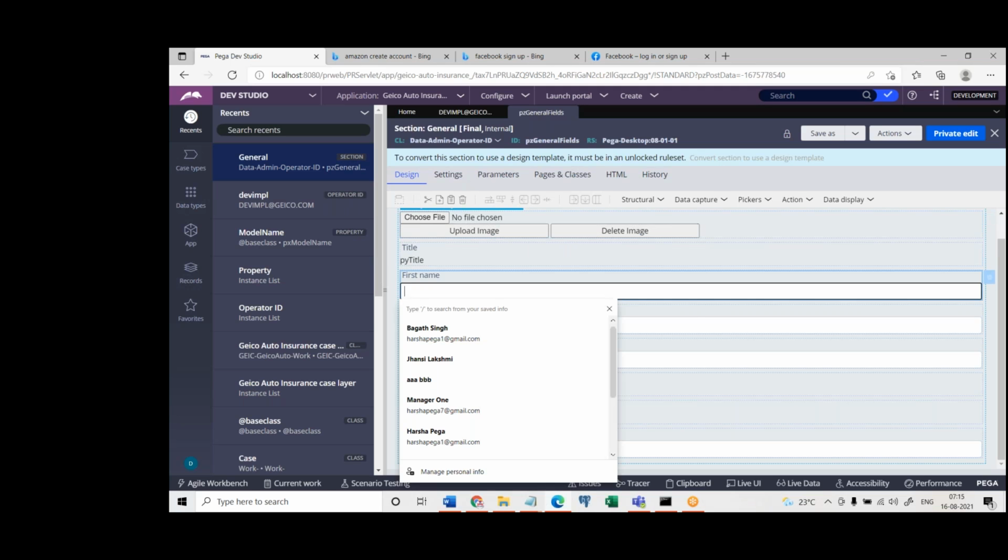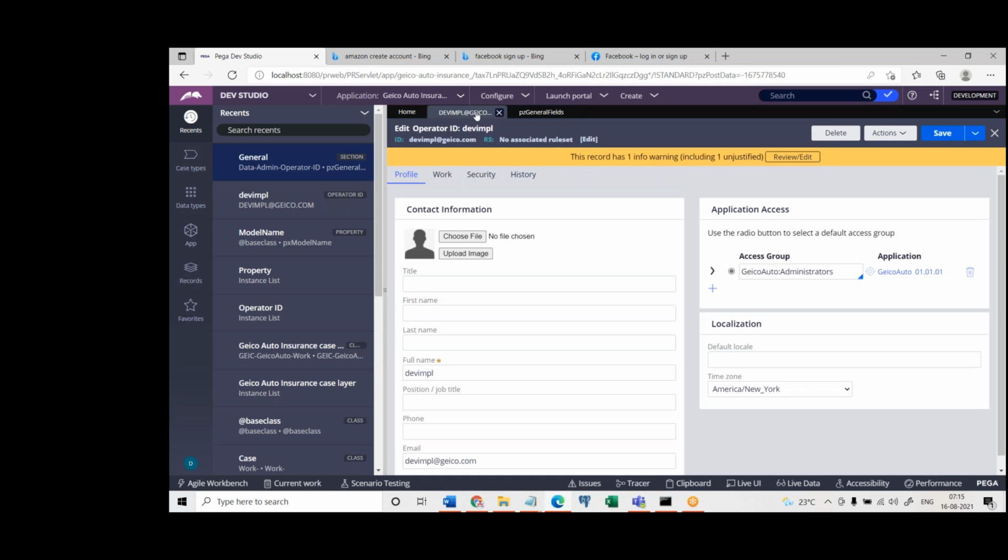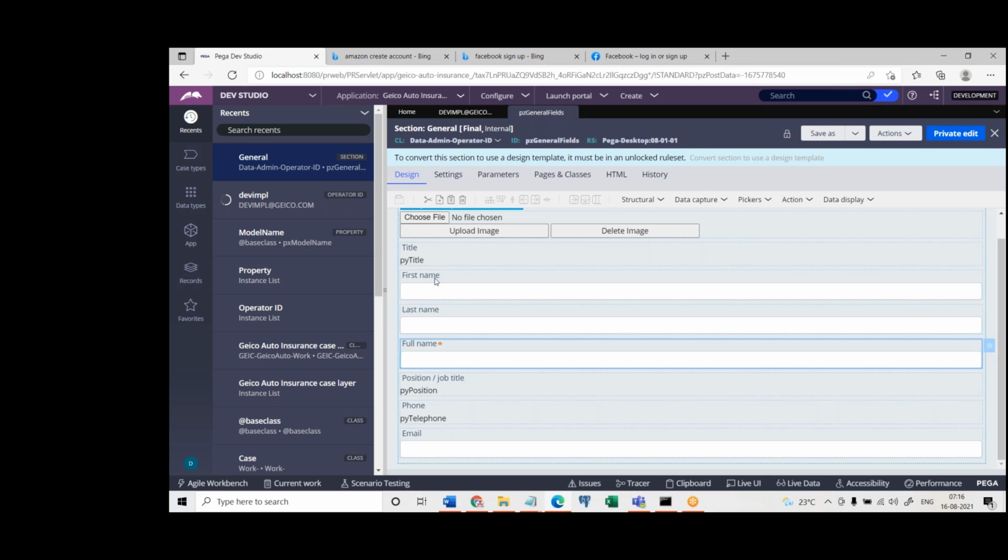See, whenever I enter data in this control, as I have already told you some time back, once you enter the data and click on submit or some button, this data will get stored into a table. When I say this data is going to get stored into a table, in between, as I have told you, the data you enter in the UI form will be held by variables. That is, in the case of Pega, properties. So for any control that you are seeing here in the UI design, if you go to the properties of this,